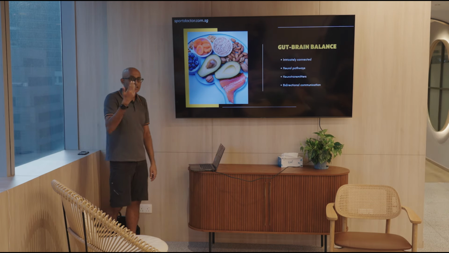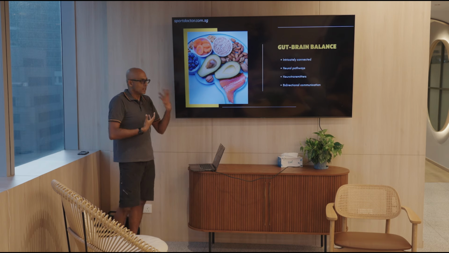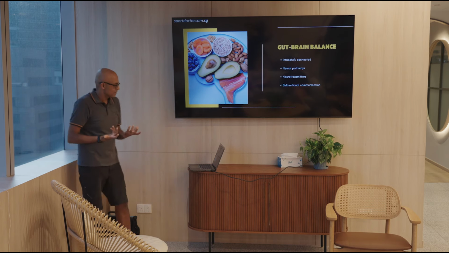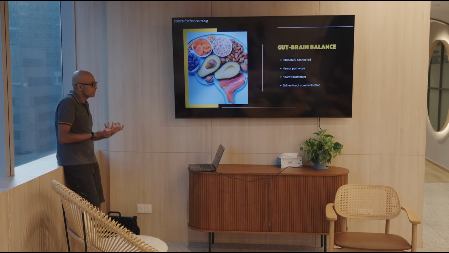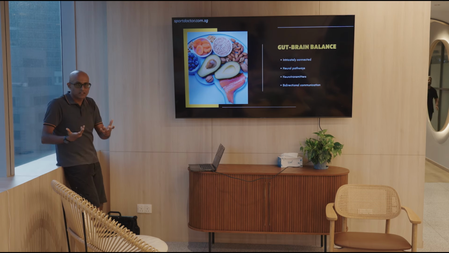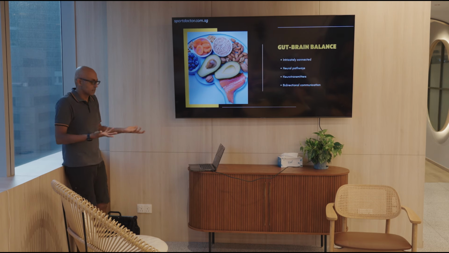This is what you were saying, the gut-brain balance. Okay? So there's a very intimate connection between the gut and how it's functioning and the brain. And it affects our neural pathways. It affects neurotransmitters. And then it's not just neurotransmitters. So the gut doesn't just affect neurotransmitters, but neurotransmitters also affect the gut. And that's why in people who have anxiety and stress, you get IBS, okay, because it's affecting those areas.